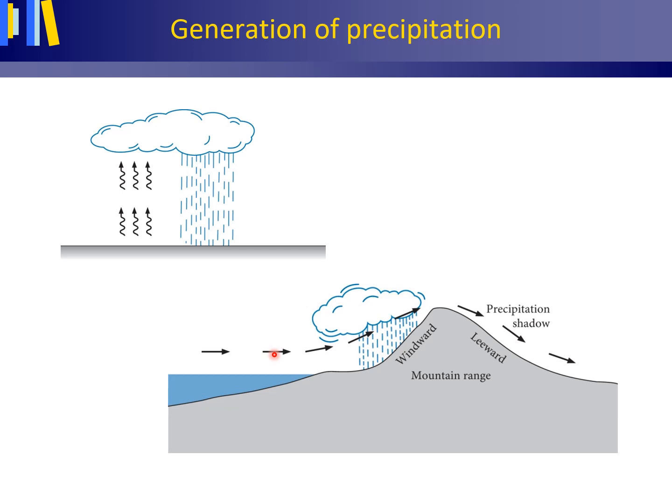When horizontal air currents are forced to rise over natural barriers such as mountain ranges, shown here, orographic precipitation may occur. Uplift of the air causes precipitation to fall on the windward side of a mountain range. This results in drier air on the descending, often warming leeward or downwind side of the mountain range, where a precipitation shadow, an area without or with only slight precipitation, is formed.